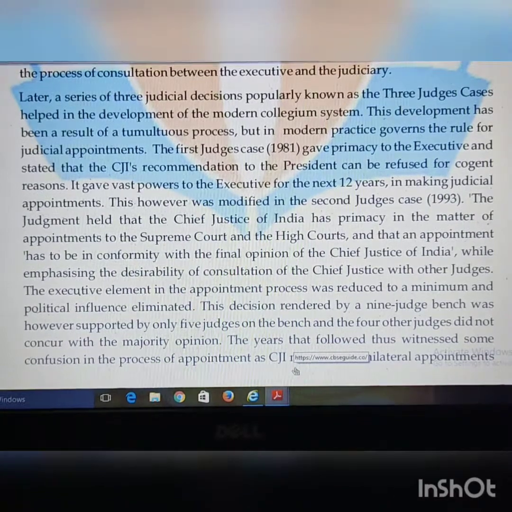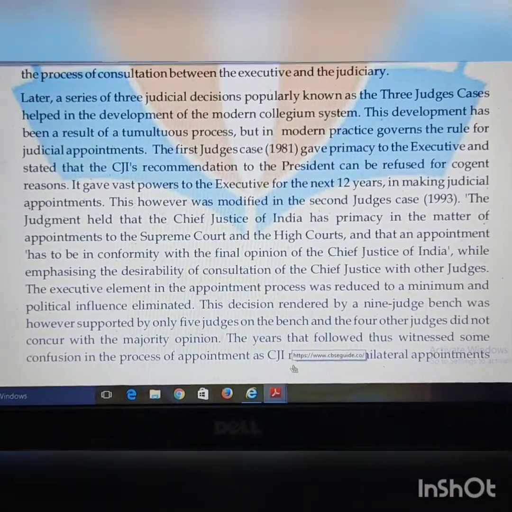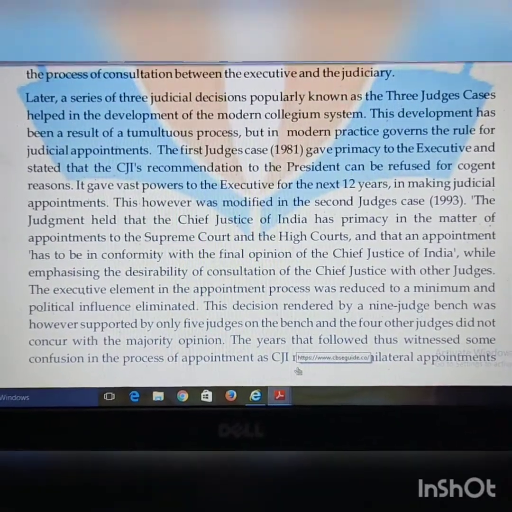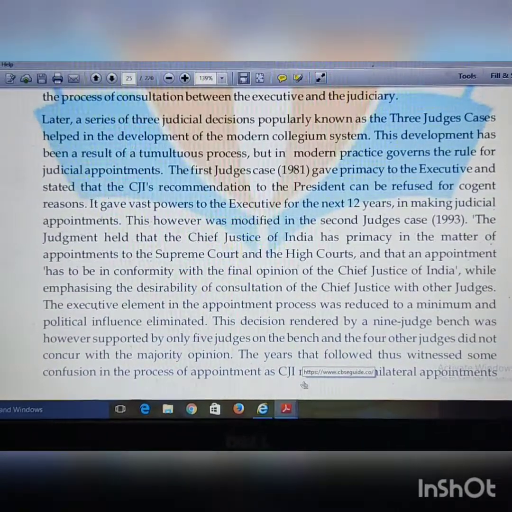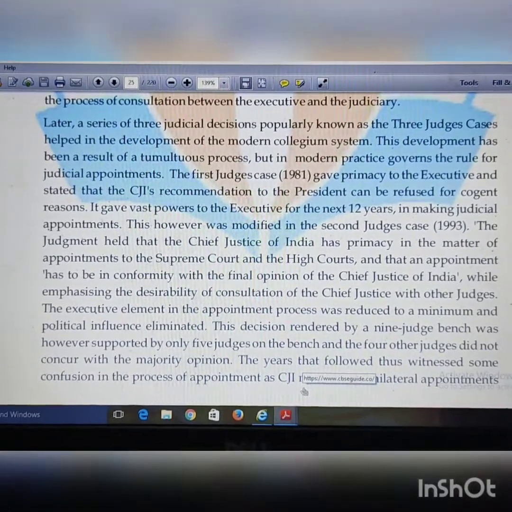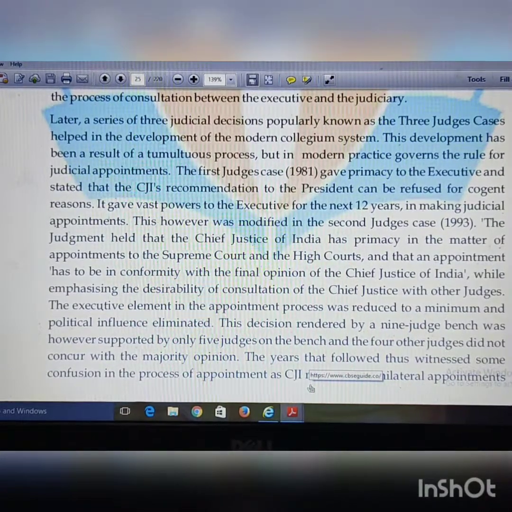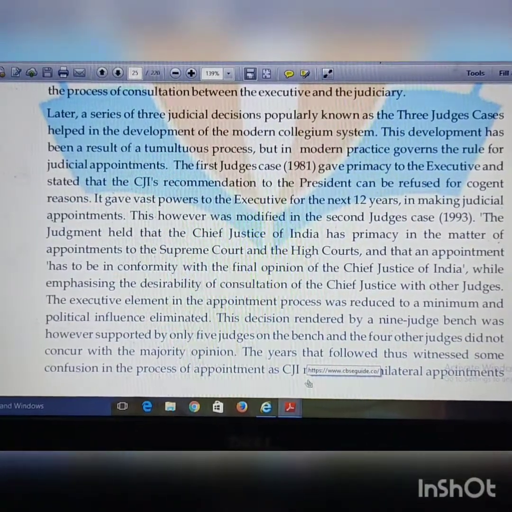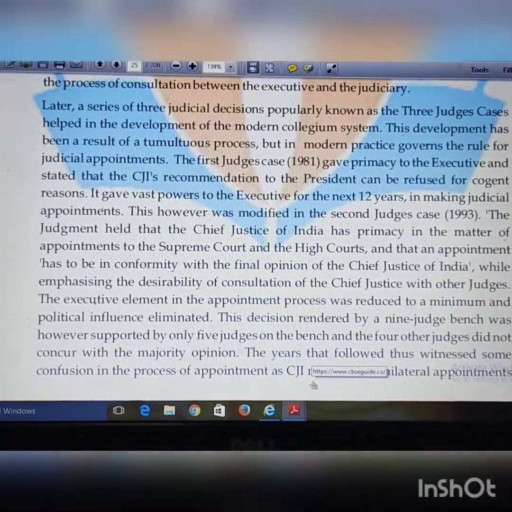The first judges case gave the supreme power to the executive and said that if the CJI is recommending somebody to be appointed, then that recommendation may be refused by the president for some valid reason. It gave vast powers to the executive for the next 12 years in making judicial appointments. So after the first judges case, for a span of 12 years, the executive had vast powers to